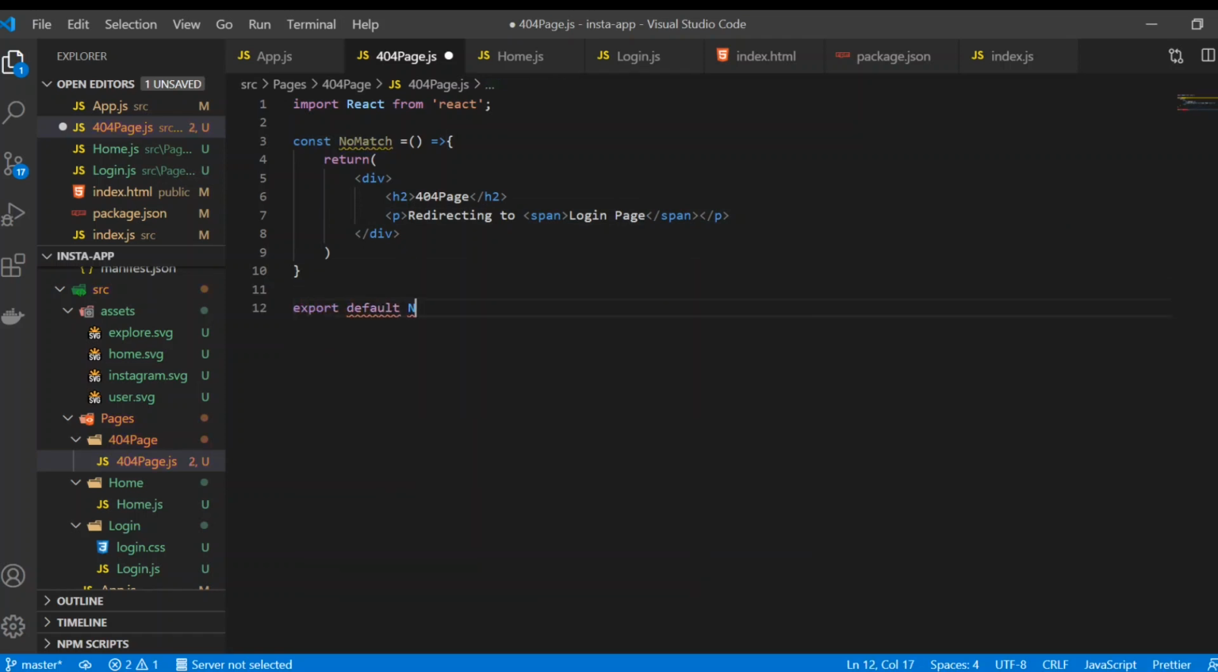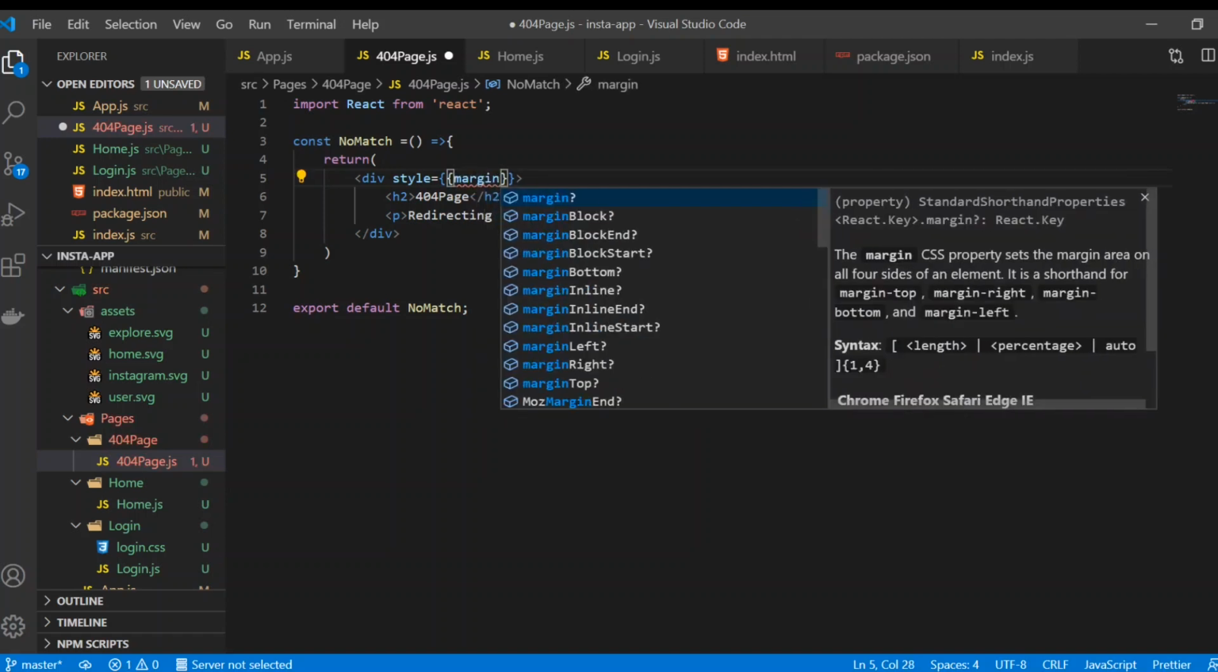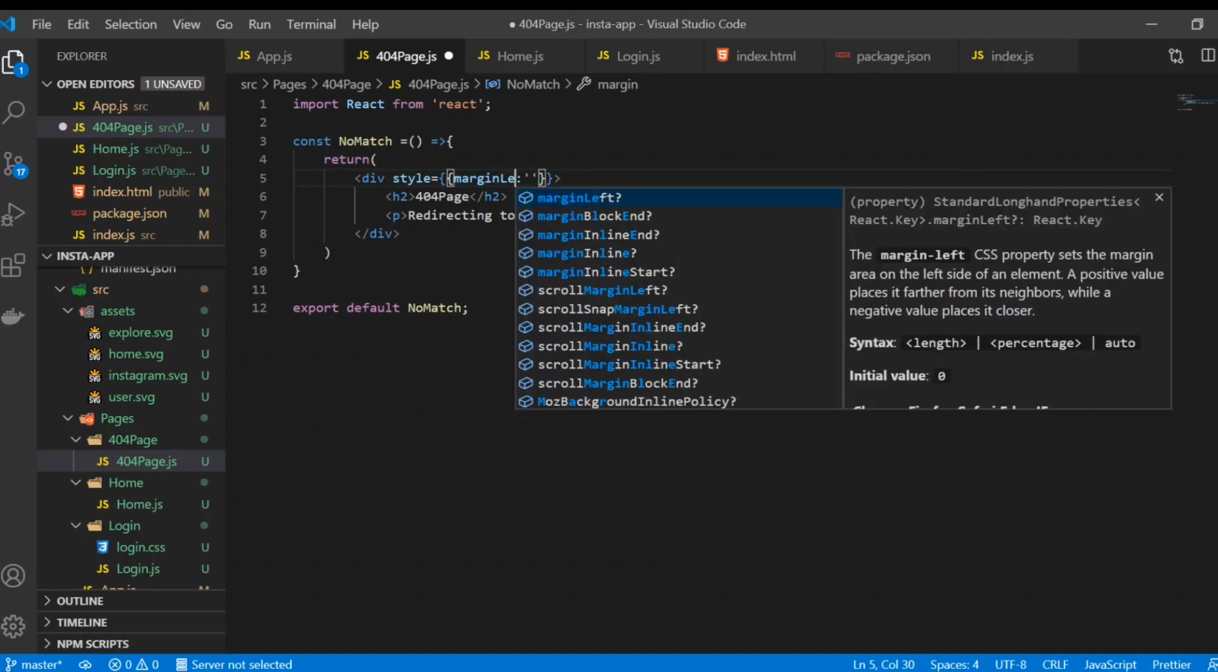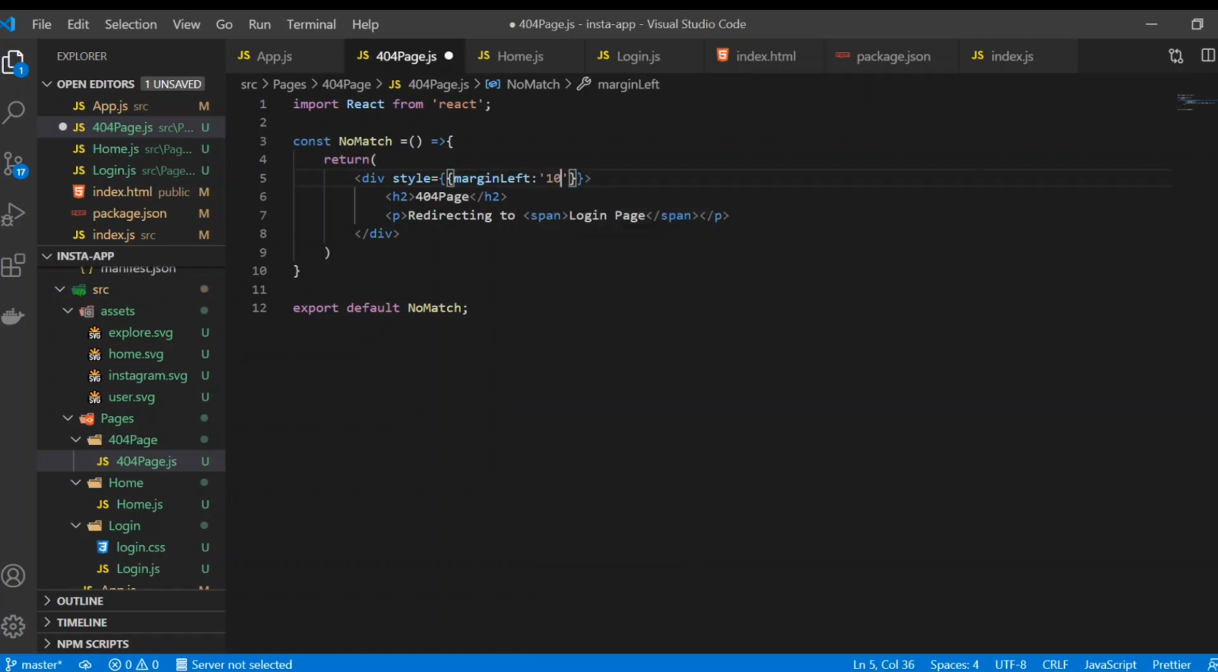Now for giving some styling, first of all I'm going to give export default no match. I don't know if I have said it or not, but we can do styling inside the JSX. So how can we do this? We can do this by CSS in JS, like we're going to use style equal to two curly braces. Inside it we're going to give margin top. As you know, it should be camel case, so I have given marginTop, and we need margin left, right? So margin left of 10 pixels,